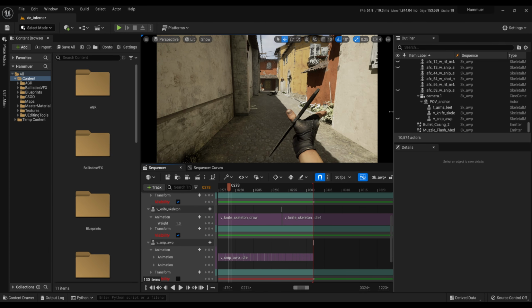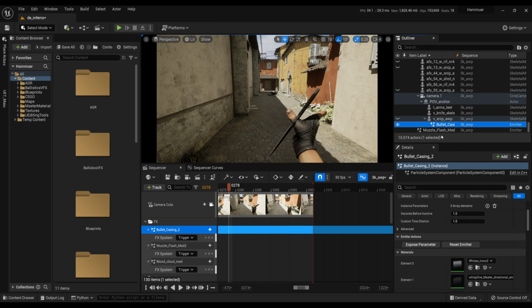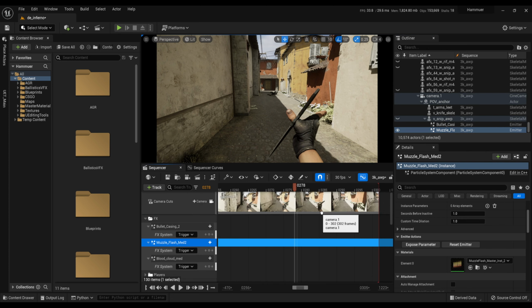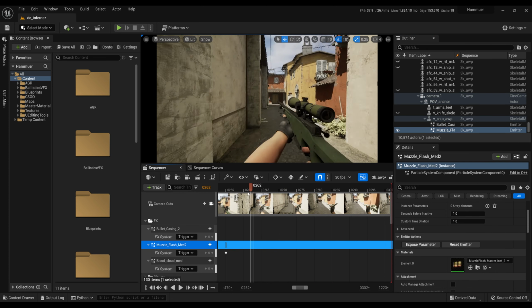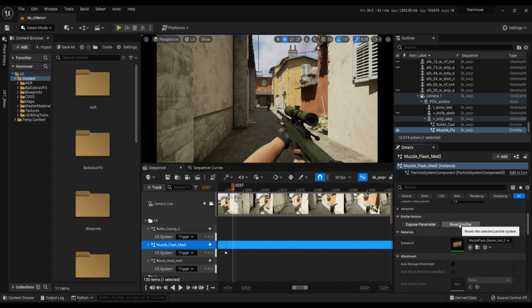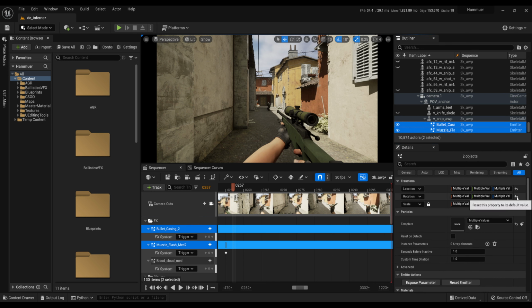I need to attach the particles again, because I removed the original view model. After reattach, I need to reset transforms and scale down both particles.